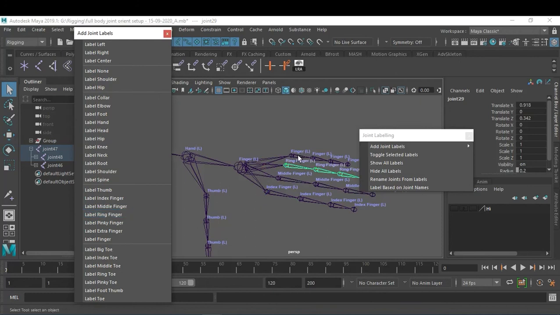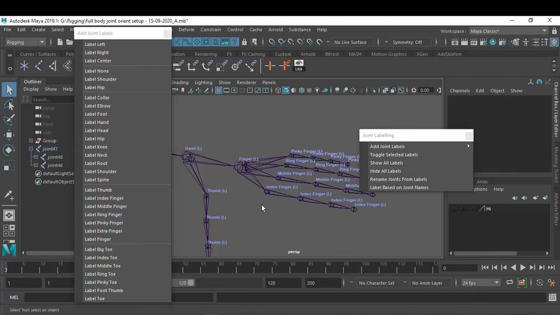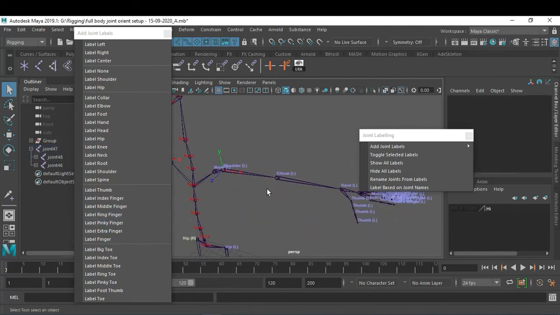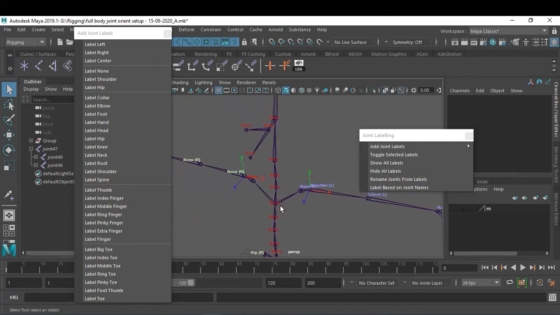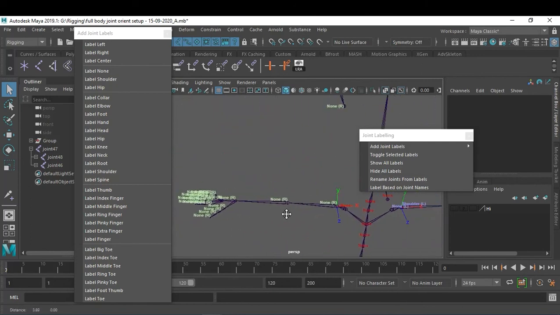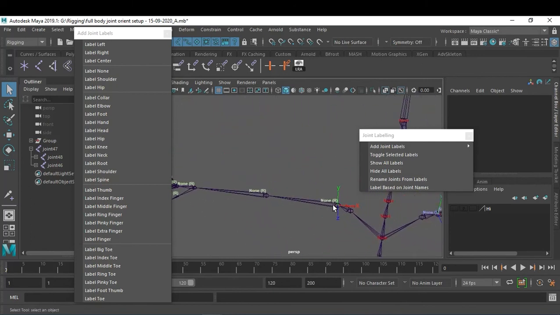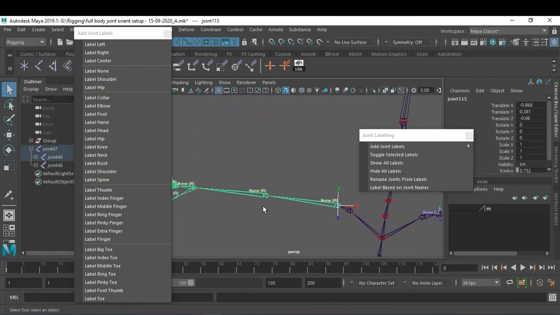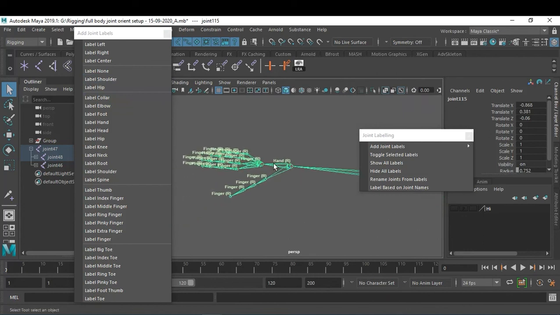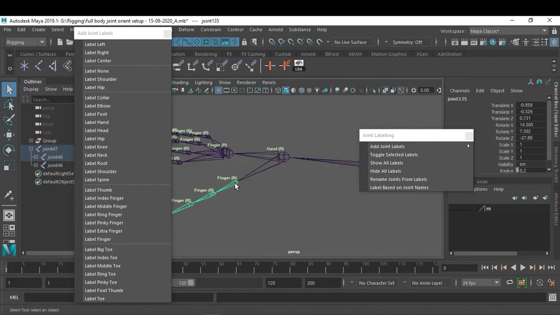Ring. Pinky. Done. Just define quickly whatever you can. Just try to define as much as you can. And this is also my shoulder, elbow. So we have to write down the rest over here afterward, but at least we can define the finger.